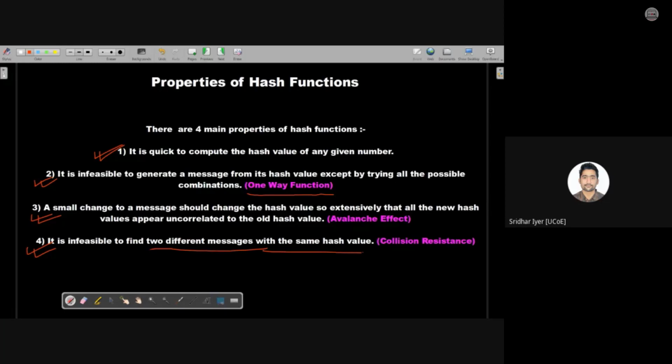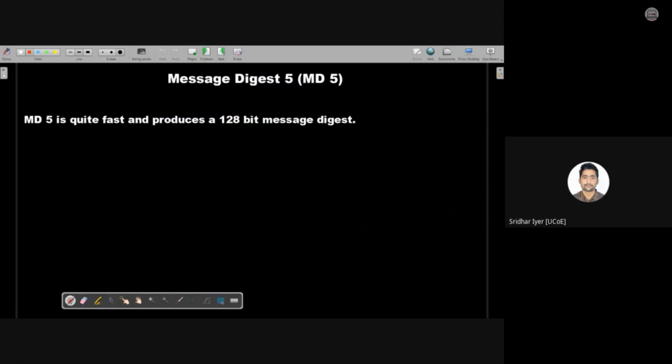Okay, thanks a lot. So let's move ahead with the last topic of the day, that is message digest. Obviously, I'm not going to complete it. It's a lengthy topic, so I will be starting it off, and let's see how it goes. Message digest version 5. Obviously, 5 stands for the version number. In your syllabus, you are having message digest version 5, but the previous version was also good, but due to some security implications, it had to be replaced with this version, that is message digest version 5.